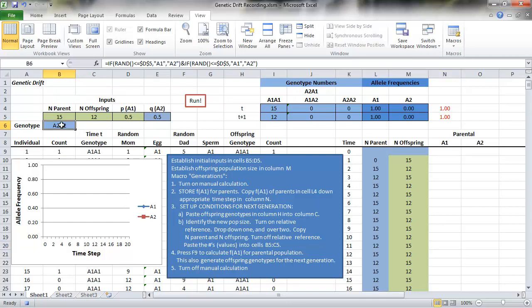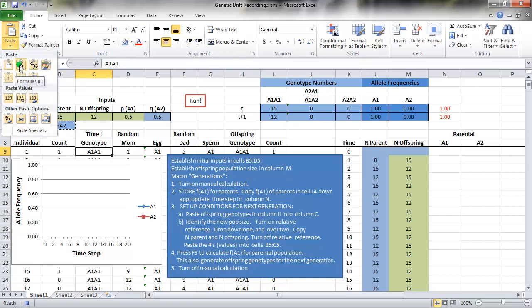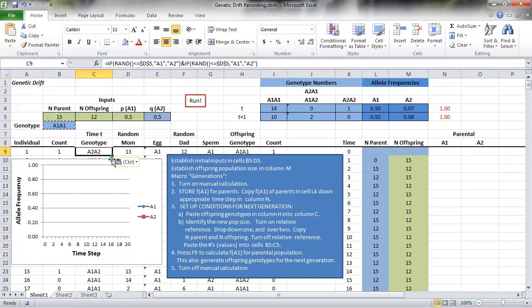So we'll copy cell B6, and this time we'll select cell C9 and paste the formula in, and then we'll copy that all the way down. So now we're starting with a brand new clean slate. We press stop,